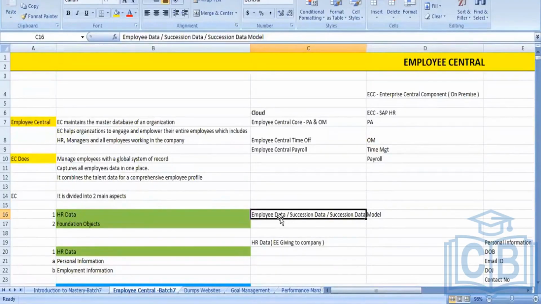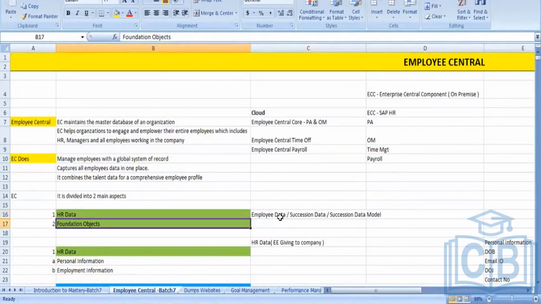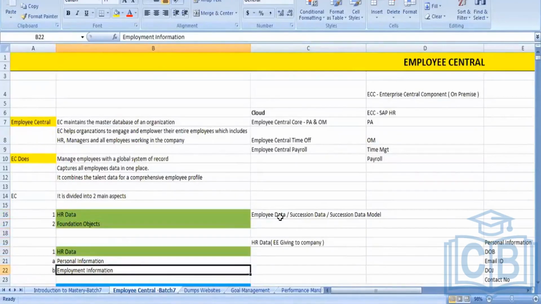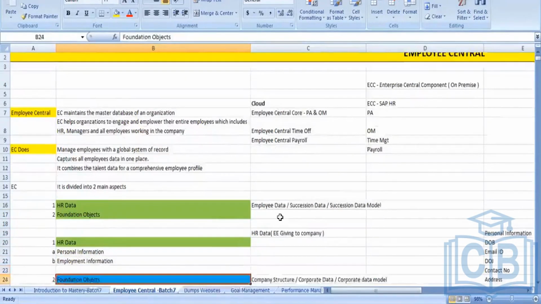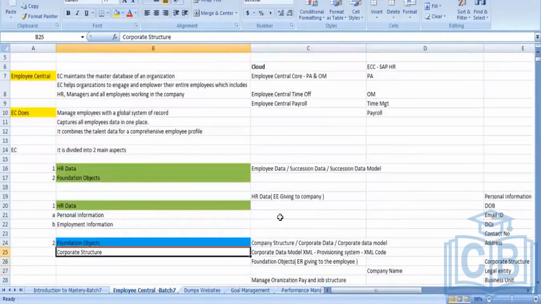These objects are nothing but the organization objects, and these organization objects are called a foundation object. These organization objects are also called foundation data. When we talk about HR data, your data comprises your personal information and employment information. All of these come under HR data. When we go into the foundation object,